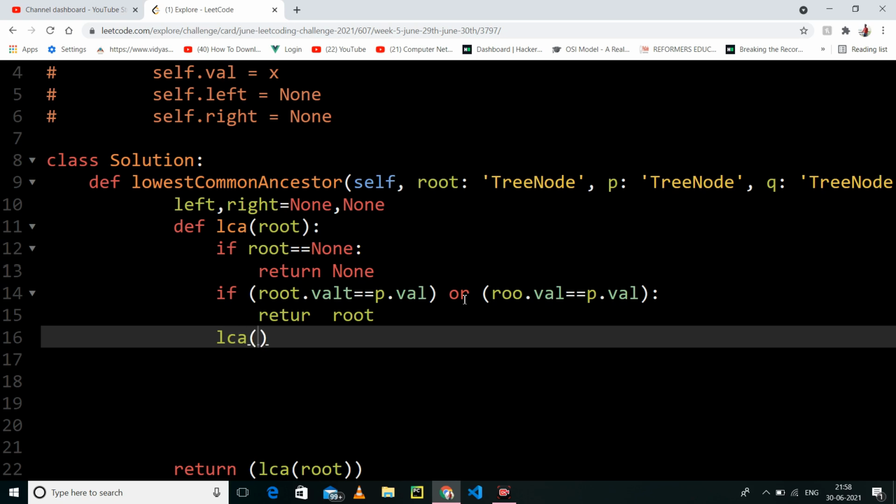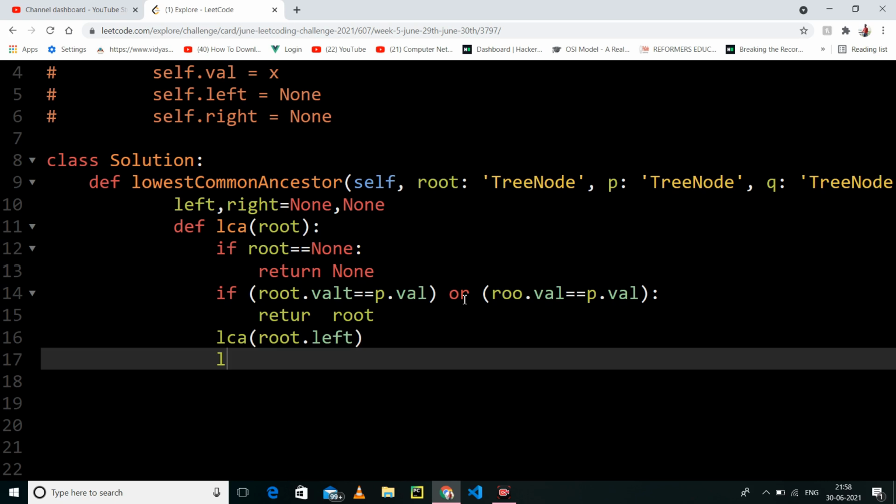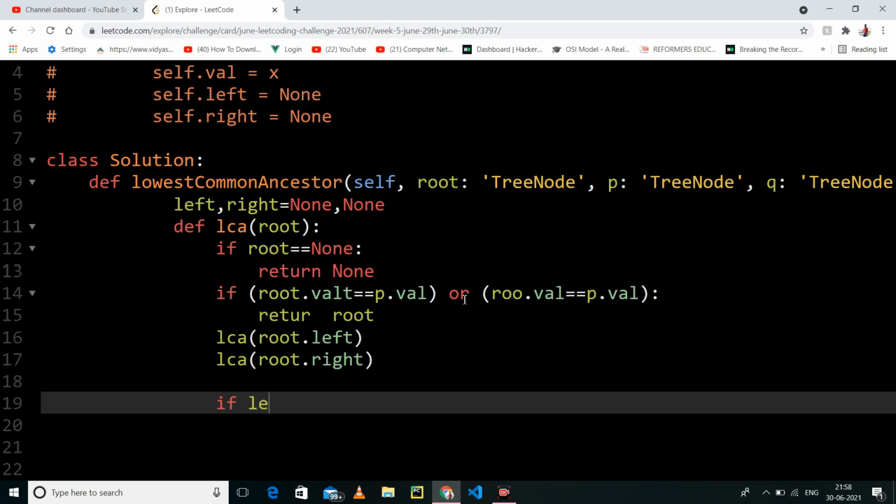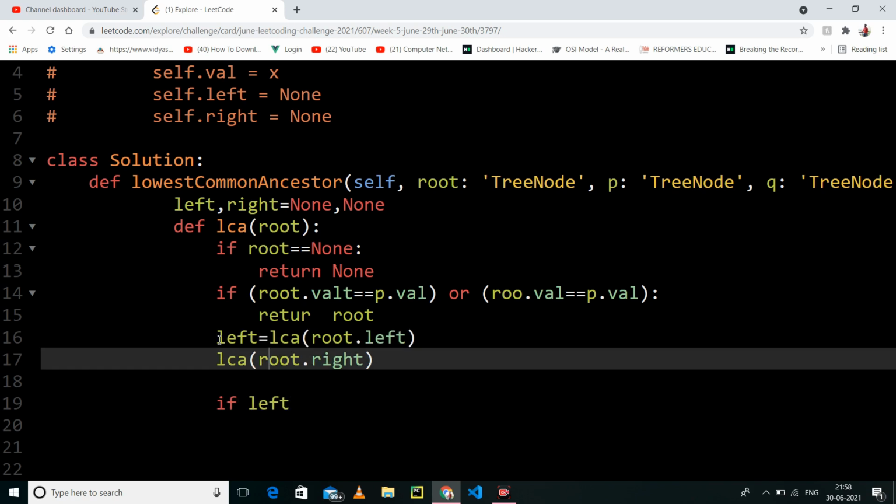And I have to call for the left, and I have to call simply for the right. And what is left? Left is this, and right is this.